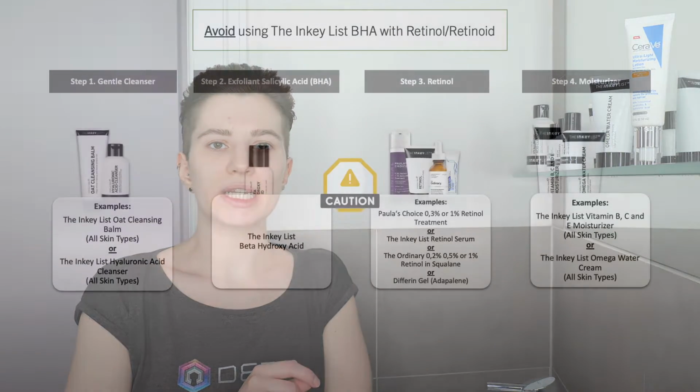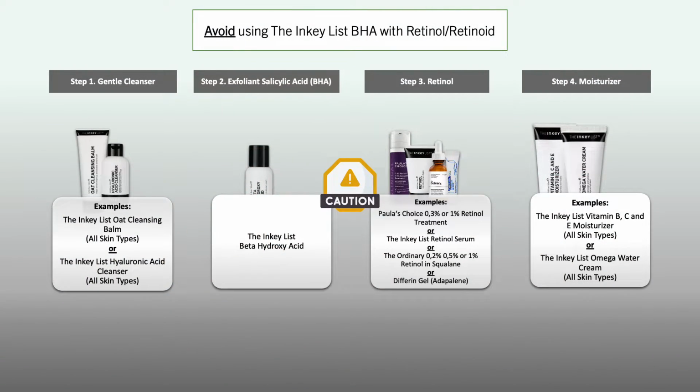And there's another point that I do want to emphasize, which is retinol. Now, you can get retinol, or in general retinoids, from different brands. If you are suffering from blemishes, for example, or you may have acne-prone skin, then you can either lean into retinol or retinoids, which would be Differin or tretinoin. Please keep them separate. Do not use them in the same routine, especially if you're new to your retinol